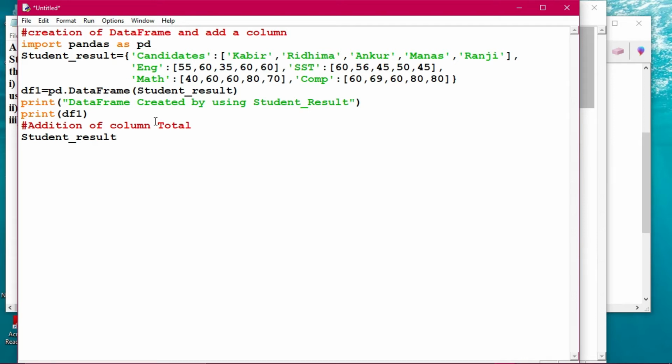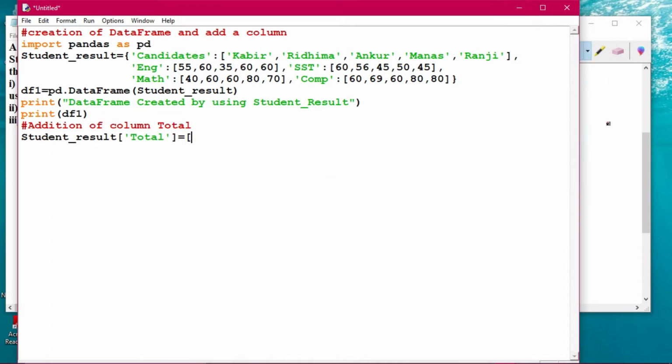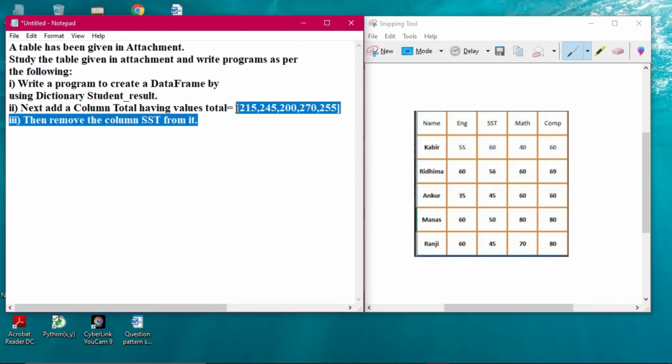So then what is happening out here? What name do you want to give? You have to give total. Total has to be given, and then the marks have to be given as a list. What is the list? Let us see once. Not this one. Just a minute. Yeah, so what are the things? This one I'm simply copying, so it will be easy for me, otherwise you have to come and see again and again.